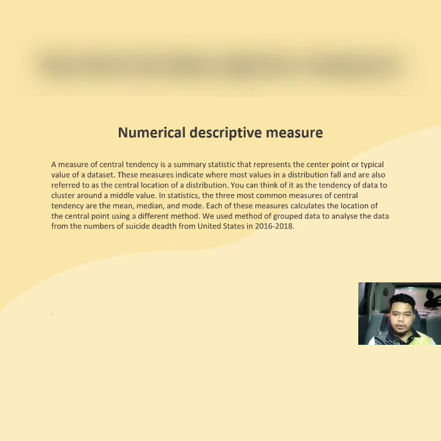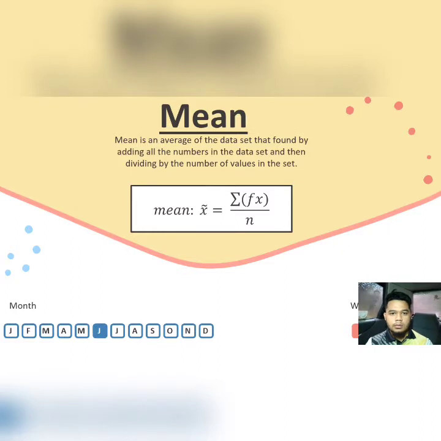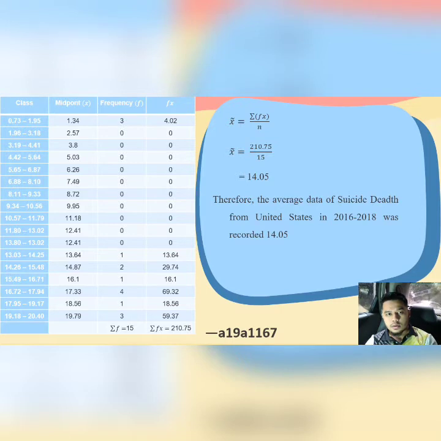We use the method for grouped data to analyze the number of suicide deaths in the United States from 2016 to 2018. Firstly, the mean. Mean is the average of the dataset, found by adding all the numbers in the dataset and then dividing by the number of values in the set. We can also refer to this formula to calculate the mean. For the mean, we just need the value, midpoint, frequency, and fx. After we calculate, the average number of suicide deaths in the United States from 2016 to 2018 was recorded